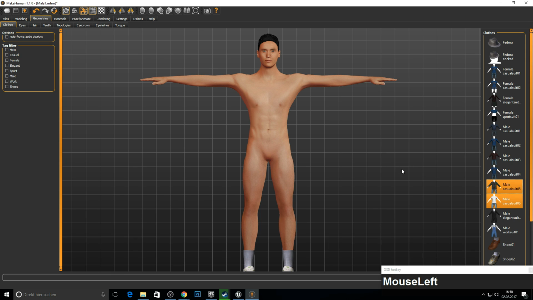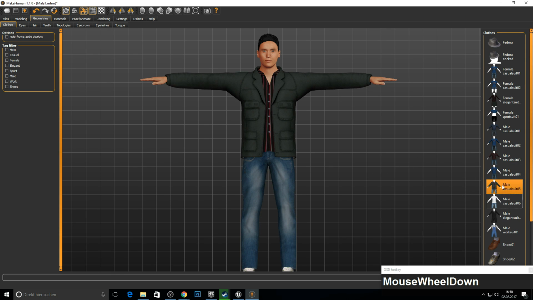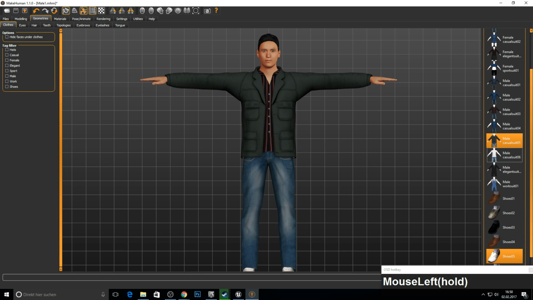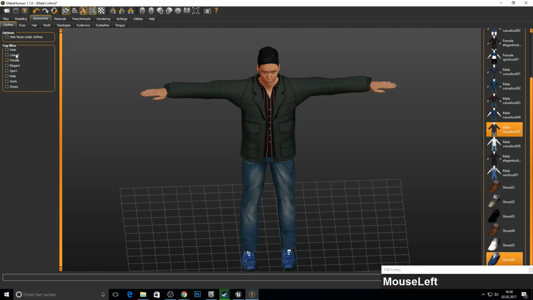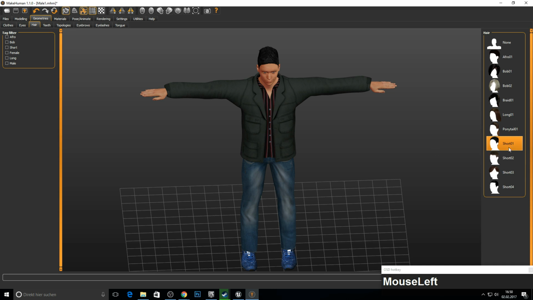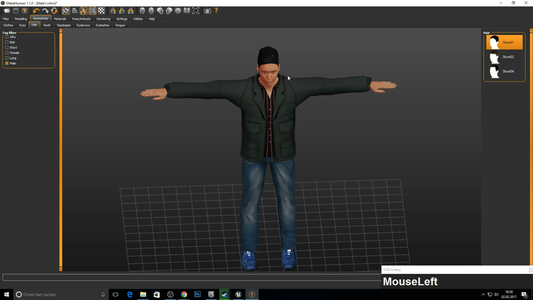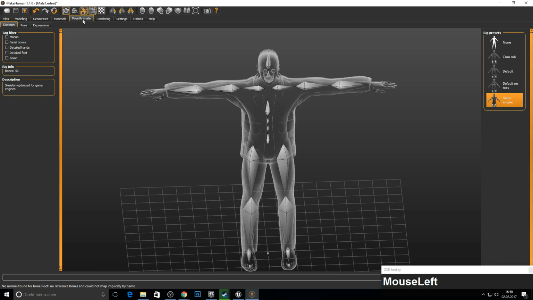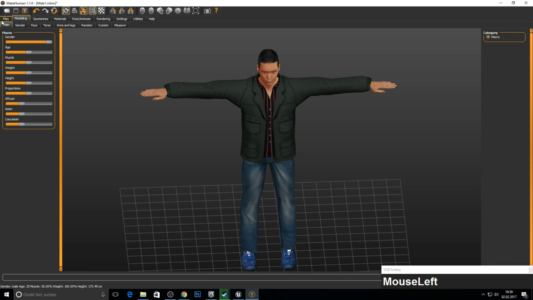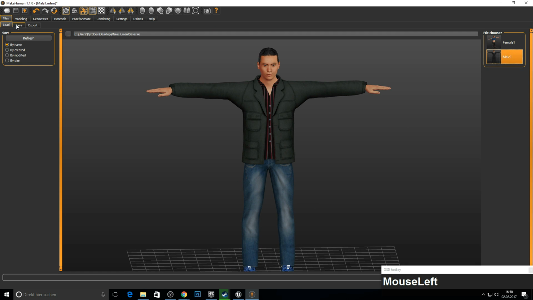this to different things. So we have this male one, male casual suit 5, and we pick those blue shoes. That's fine. Eyes is okay. We pick some other male hairs, these, and pick those eyebrows. Okay, that's everything for this. So next we can just go to files, save this as male 2, so click save,